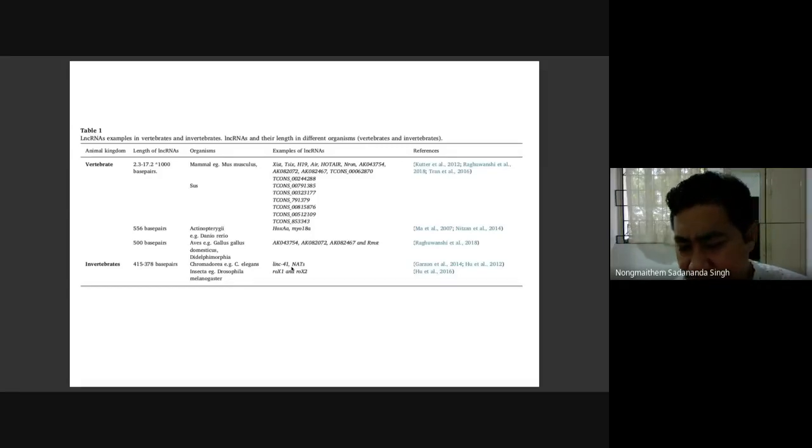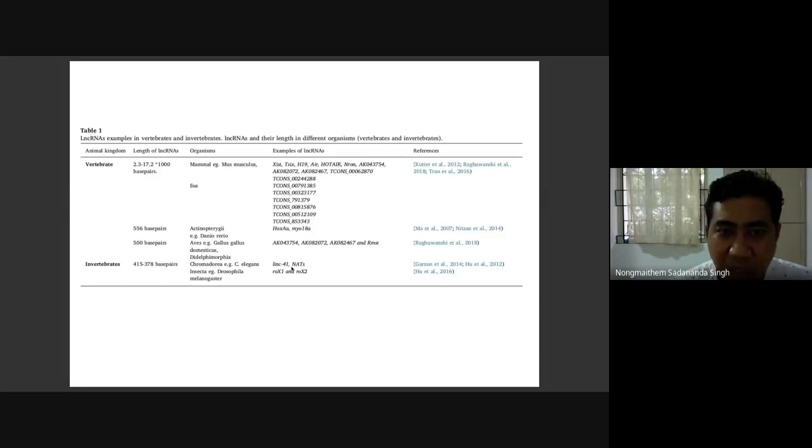What has also been observed is that long non-coding RNAs or other non-coding RNAs constitute the majority of the transcripts, as we all know. The structural RNAs, like rRNA and tRNA, constitute 80% of the transcript. The protein coding region in the whole genome is less than 2%, or around 2%. Now it is believed that the non-coding RNAs, including the long non-coding RNAs, constitute the majority of the rest of the RNA that we see in the transcriptomes.